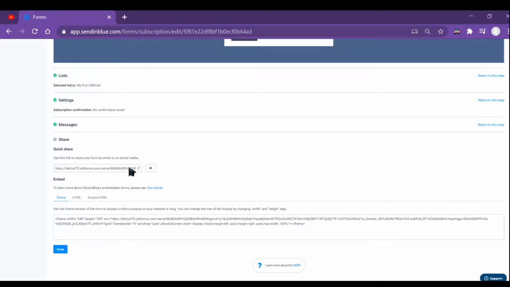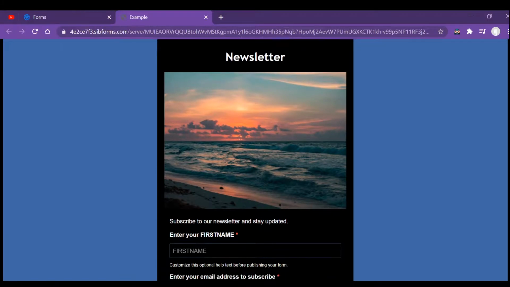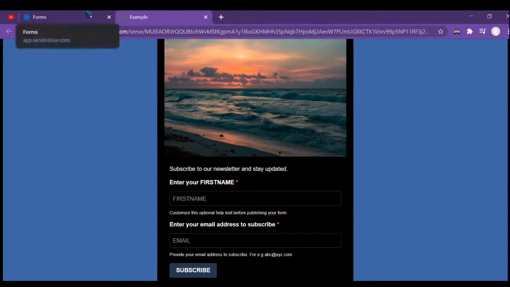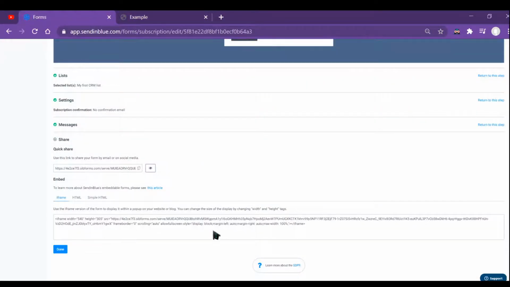this email marketing form anywhere. As you click on preview, a new tab will open and you will have an email marketing form. As you can see here, it's a pretty decent and simple email marketing form, nothing fancy. Also, a code is given here, the iframe HTML code.